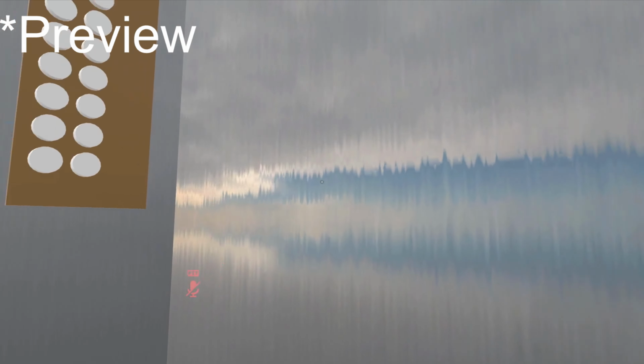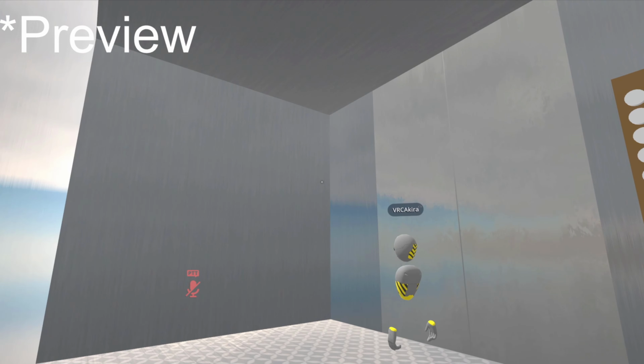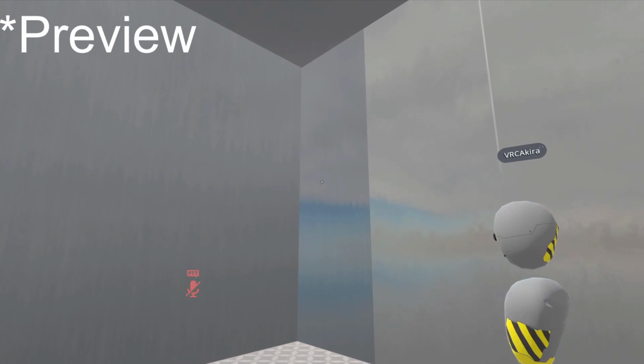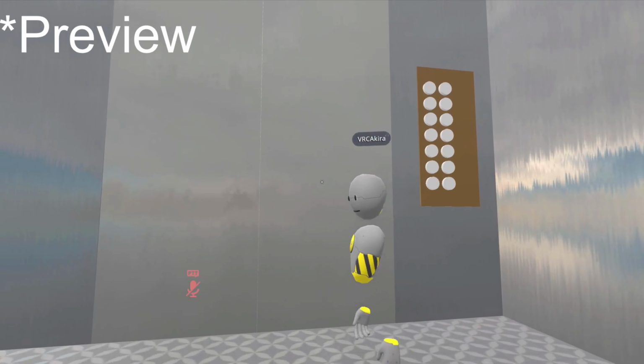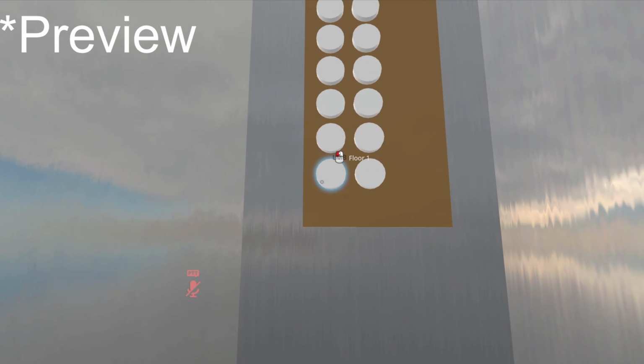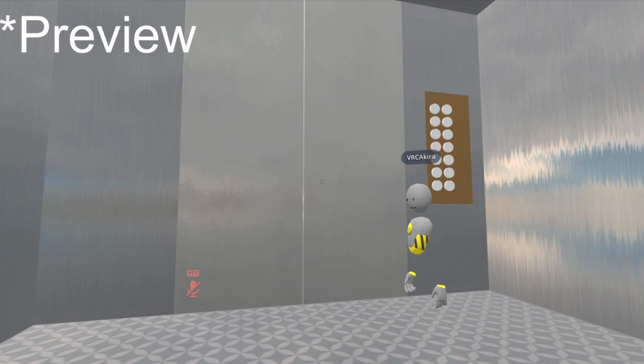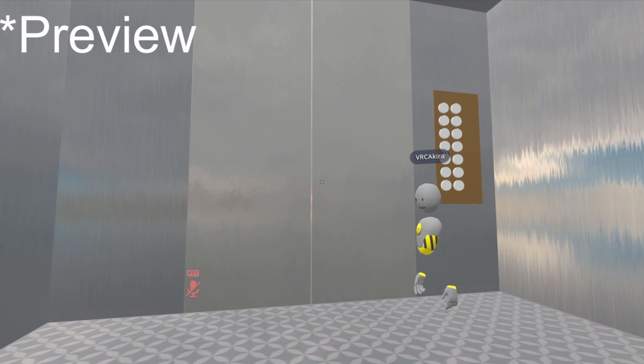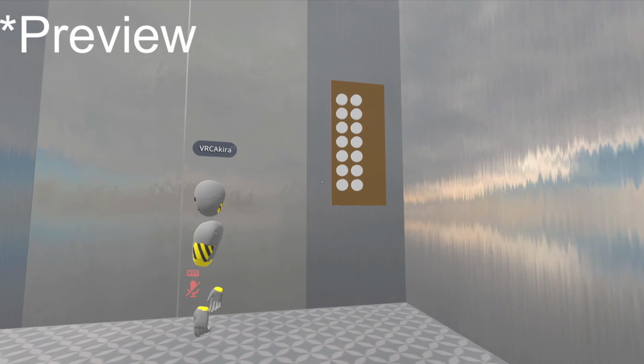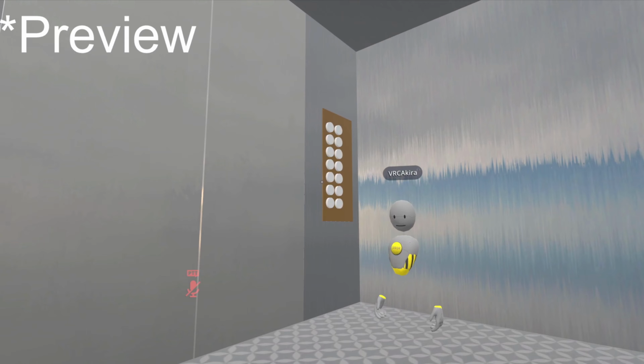So it's a pretty cool example of a fully working elevator. I could think of a lot of worlds I could make use of this, and it works really well, in my opinion. I think it's pretty cool, and yeah, so that's kind of the preview. We're going to go ahead and get into everything we did and kind of how we did it. More of a long detailed video, but there's just the quick preview if that's all you wanted to see,